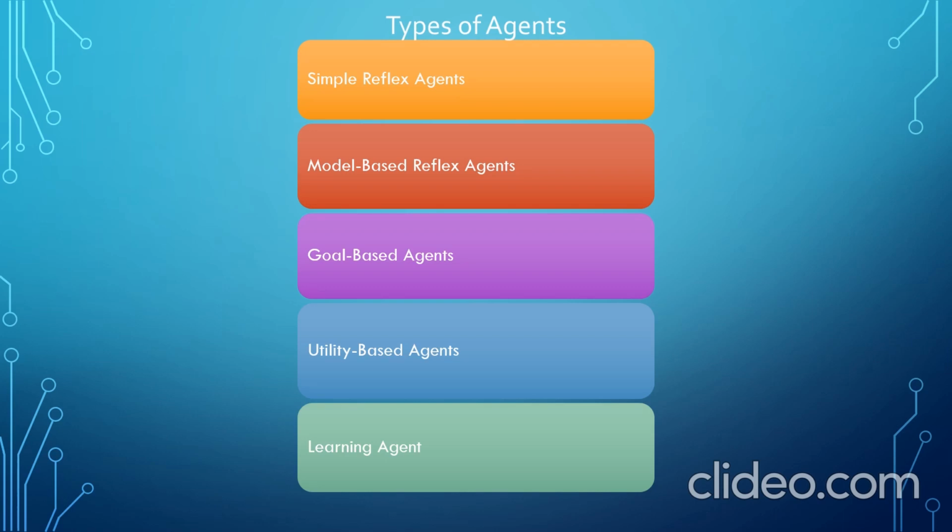Utility-based agents choose actions based on a preference for each state. Goals are inadequate when there are conflicting goals out of which only a few can be achieved. Goals have some uncertainty of being achieved, and you need to weigh the likelihood of success against the importance of a goal. Learning agent can be divided into four conceptual components. The most important distinction is between the learning element, which is responsible for making improvements, and the performance element, which is responsible for taking actions in the environment.